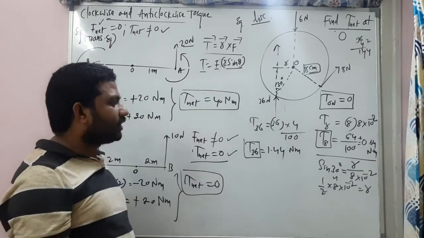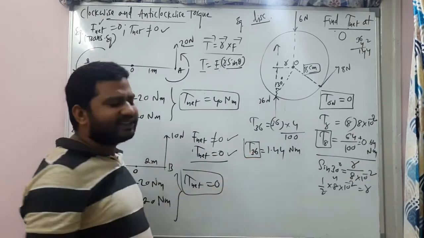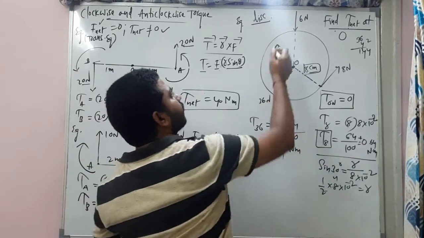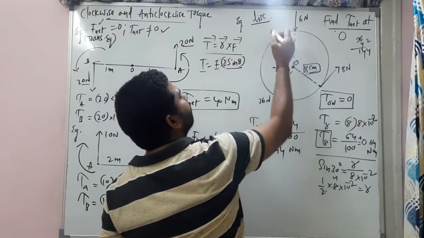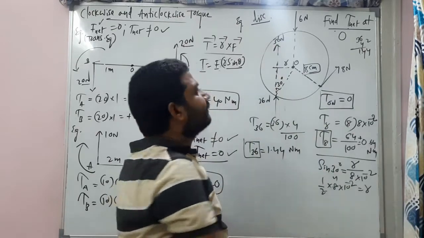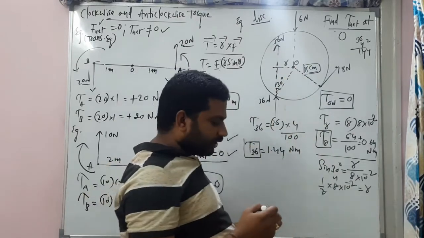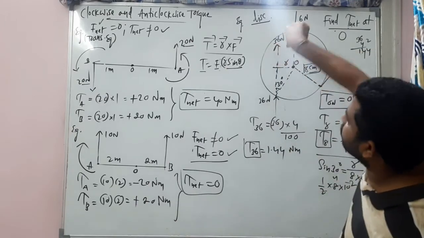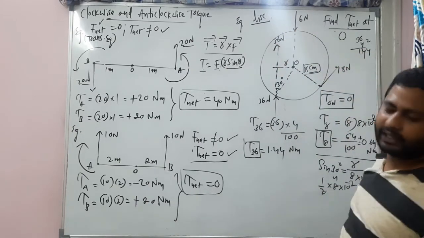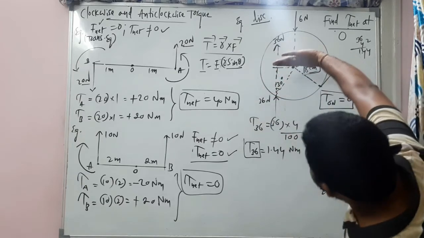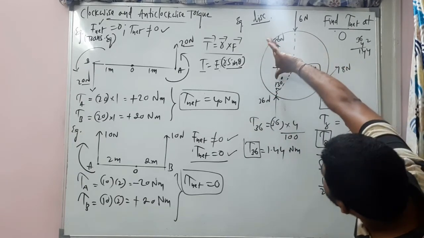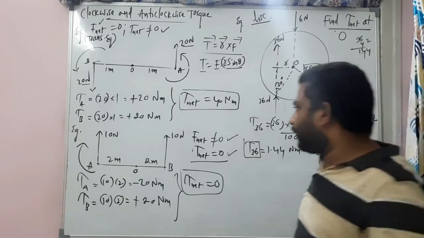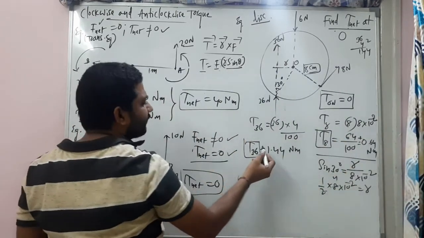Good. So the next one, the torque due to 36 newtons. This is R bar and this is F bar, the 36 Newton force direction. So look here, my thumb is pointing into the plane. Once again, this is R bar and this is F bar. My thumb is pointing into the plane, and there is a negative torque here.